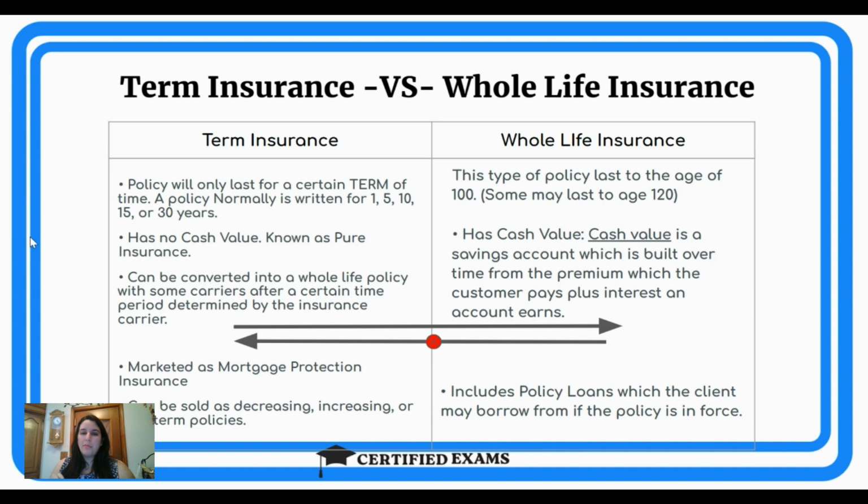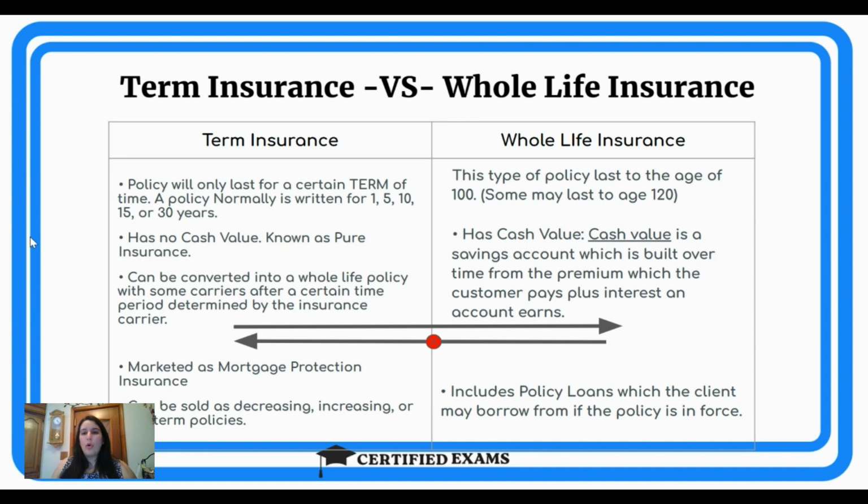A straight life, whole life policy: your coverage amount, your $100,000, plus your savings account building up over time, being funded from that premium. And of course, that cash value is earning interest over a matter of time. Okay, guys, so getting to the arrows a minute ago, I let you know we can go from a term insurance policy if that term insurance policy is specifically a convertible term policy. The reason we can do this is because technically all we're doing is adding a savings account component to it. We're adding cash value to it.